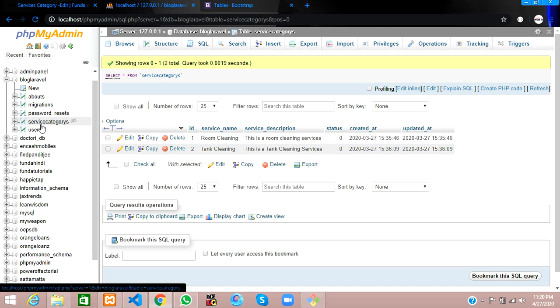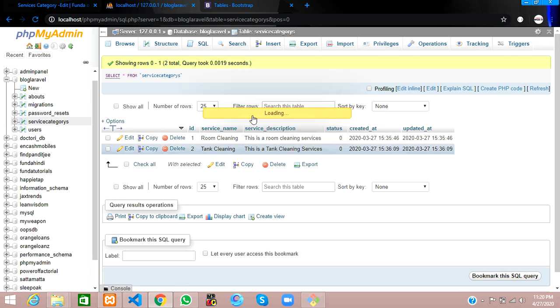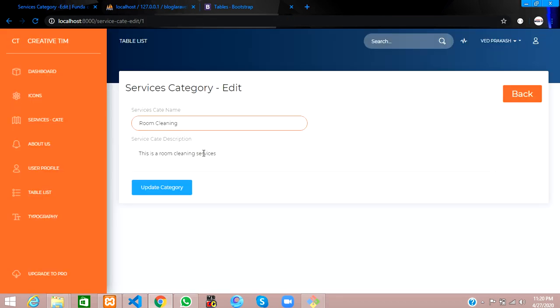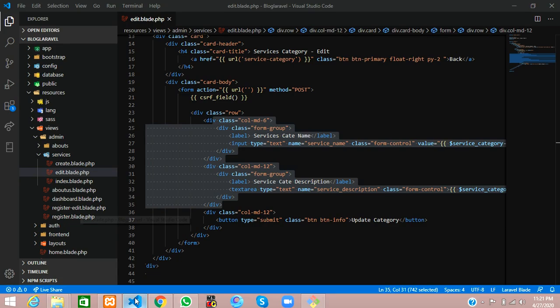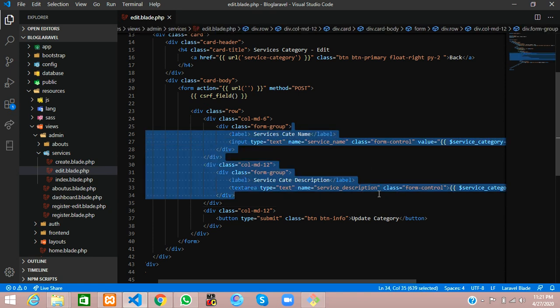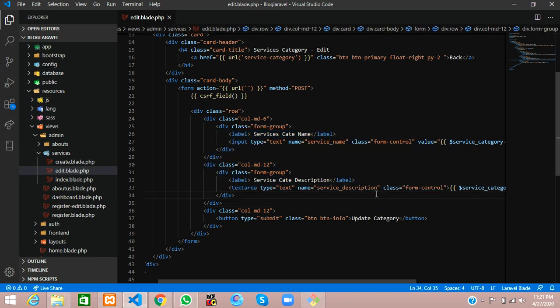So this is our database. This database is called in Laravel by the Eloquent model, and through that we are going to update it. So let's get started. Till now we have fetched it. If you are not understanding this, please watch the previous video on how to edit this data and fetch it into a text box. From the text box you are going to update it.